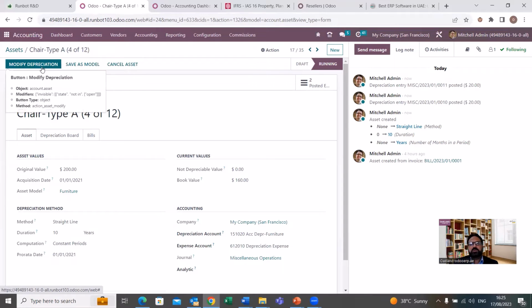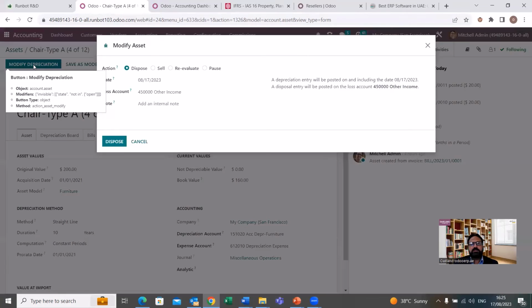We just use this feature, modify depreciation, and here we find different options: dispose, sell, reevaluate, or pause. So all the possible scenarios are given, and exactly as per the guidelines of IAS-16, this configuration could be done,